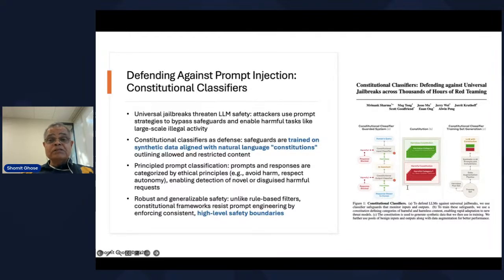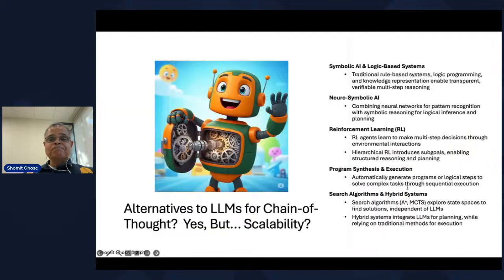What can you do to prevent such attacks on agentic AI? Lots of things are being developed. Particular promise, in my view, are the constitutional classifiers being developed by Anthropic. Basically, these are natural language constitutions of good behaviors that avoid harm. Then you generate a bunch of training data based on these constitutional precepts, and you train the AI. So this is a very promising vector of solution.